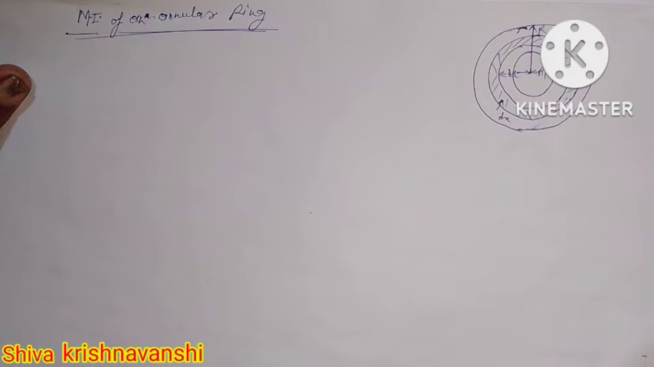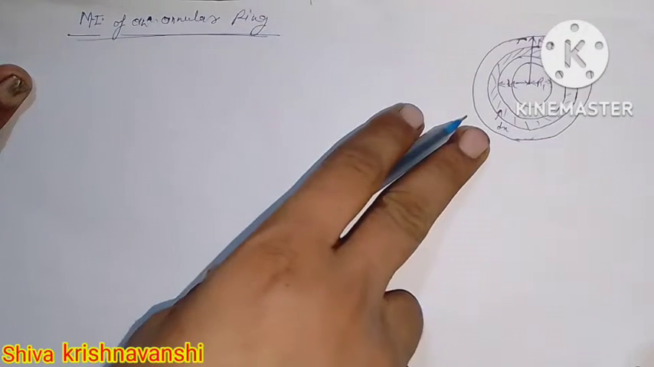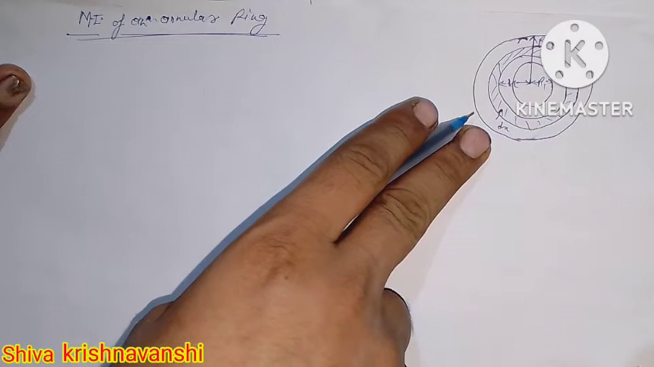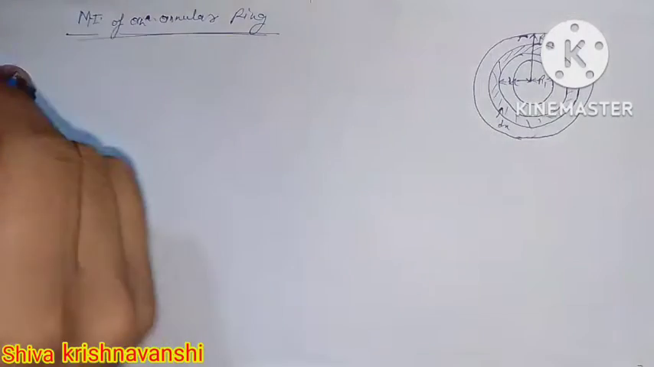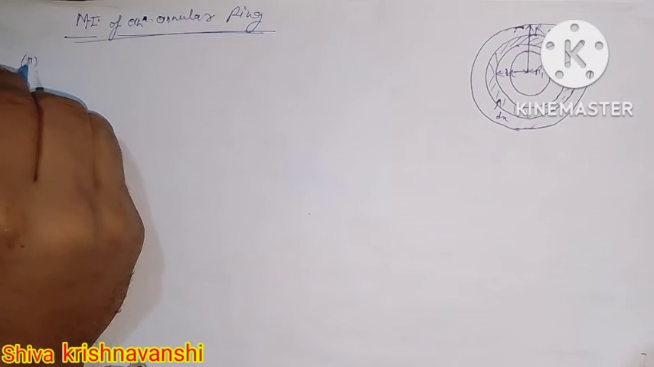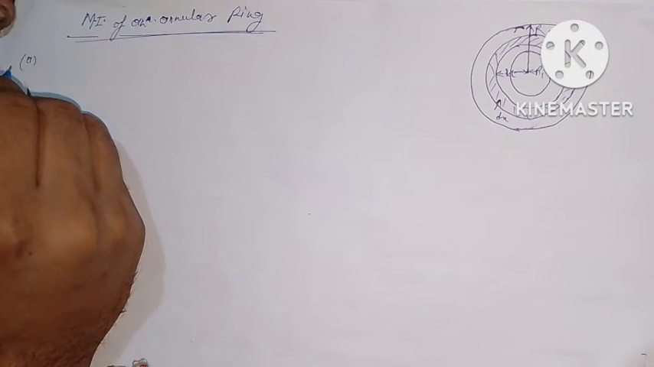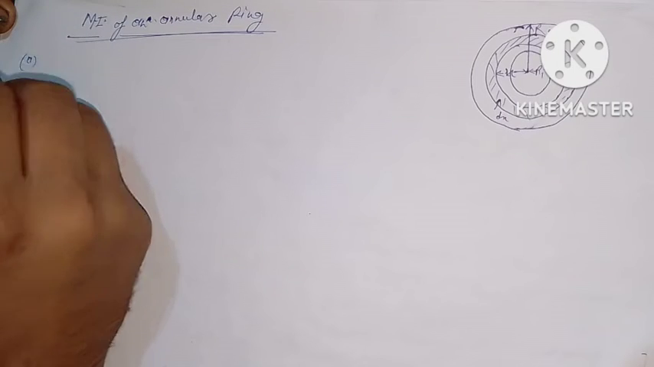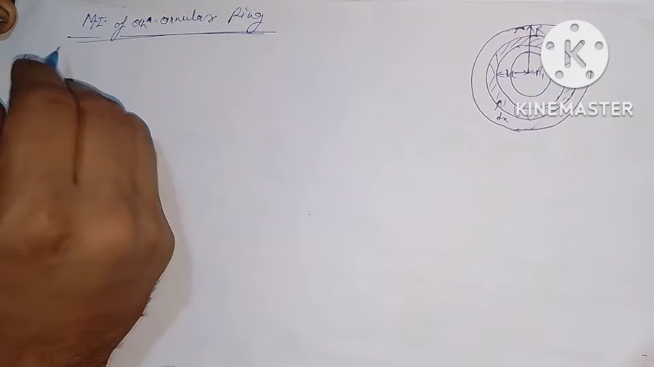Moment of inertia of an annular ring. Okay, first, point A: about an axis passing through the center. Moment of inertia of an annular ring